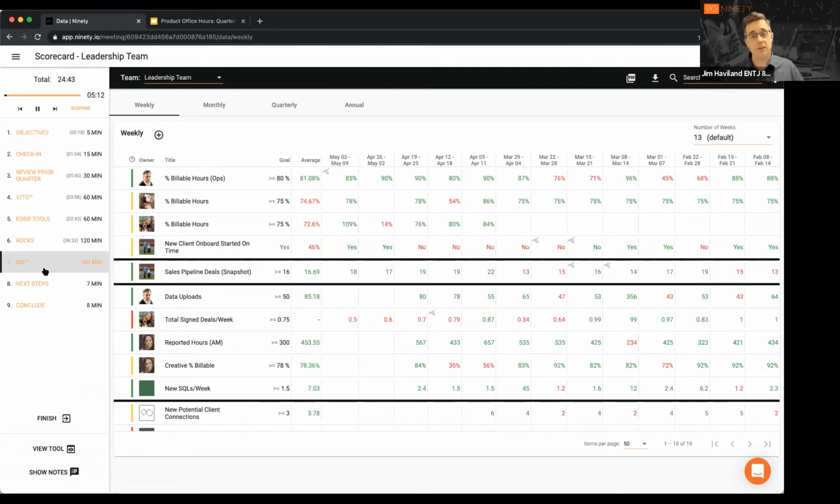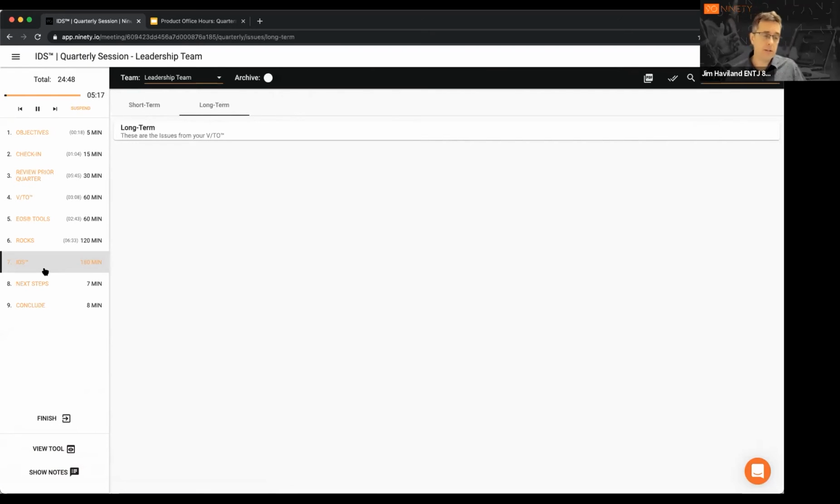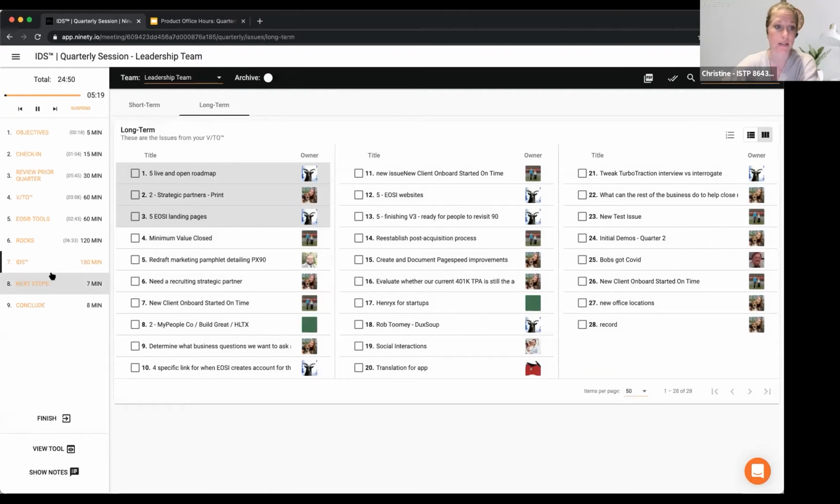So you'll need to be able to find those tools, and figure out what you're really looking at there. And you can, once again, create issues from all those places. Yep, exactly. And all you have to do is click back on the relevant section that you want to go back to when you want to jump back. So I just clicked on IDS and now we're right back here.